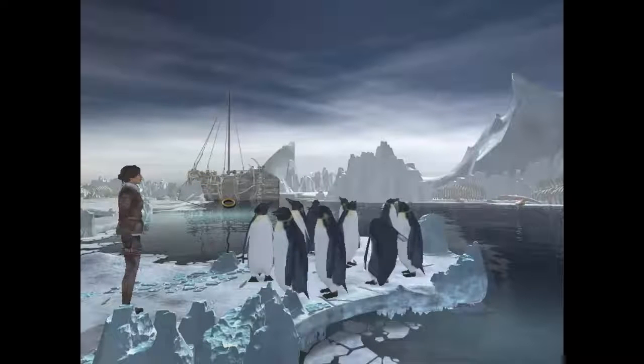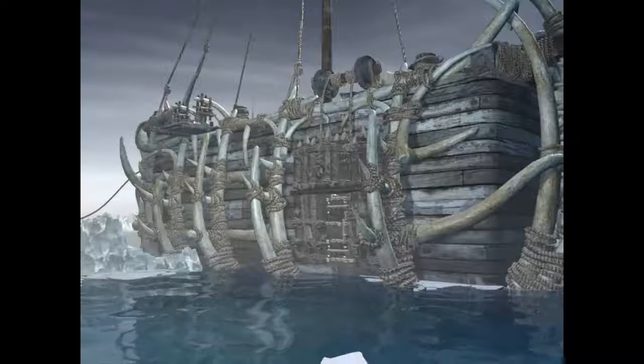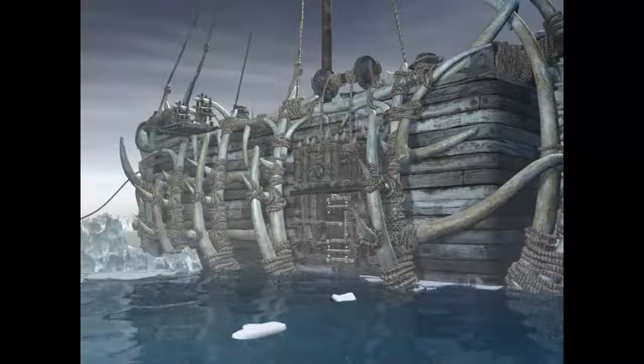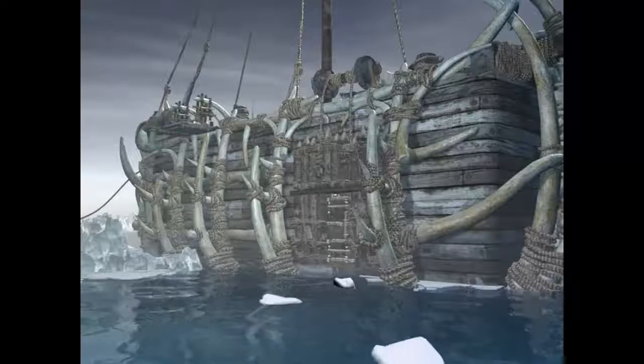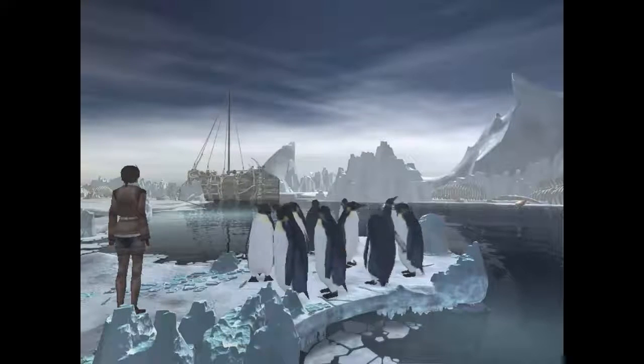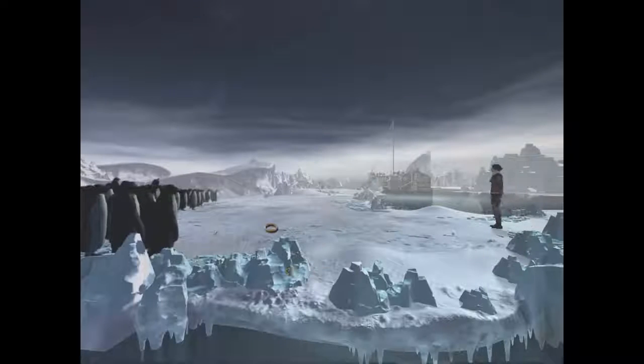From here we can actually have a look at the ship, and this will give us a clue as to what we need to do. So there is a boat, there is a door just at the bottom of the ship there, and the ice seems to flow towards it as well. So that gives us a little bit of a clue. We want to actually stand on this bit of ice here and float across. All the penguins are there at the moment, so we do need to find some way to get the penguins just off of